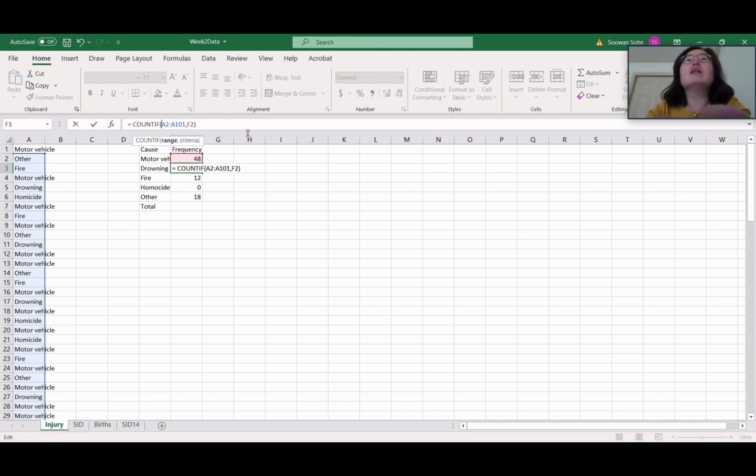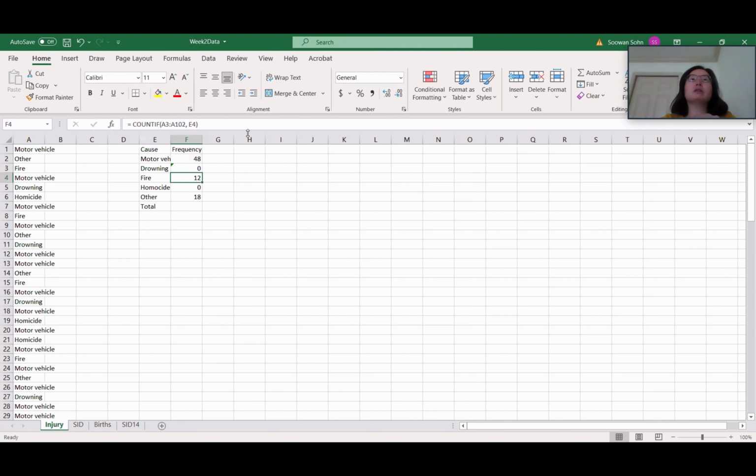So we use the dollar sign. The dollar sign fixes the column. So if you put a dollar sign in front of A, it fixes the column A, and we change to this dollar sign in front of 1 so that it fixes the row number as 1 also. Then dollar sign A, dollar sign 100, and F2. So the first one will be the same as this, and then I'll drag this down again